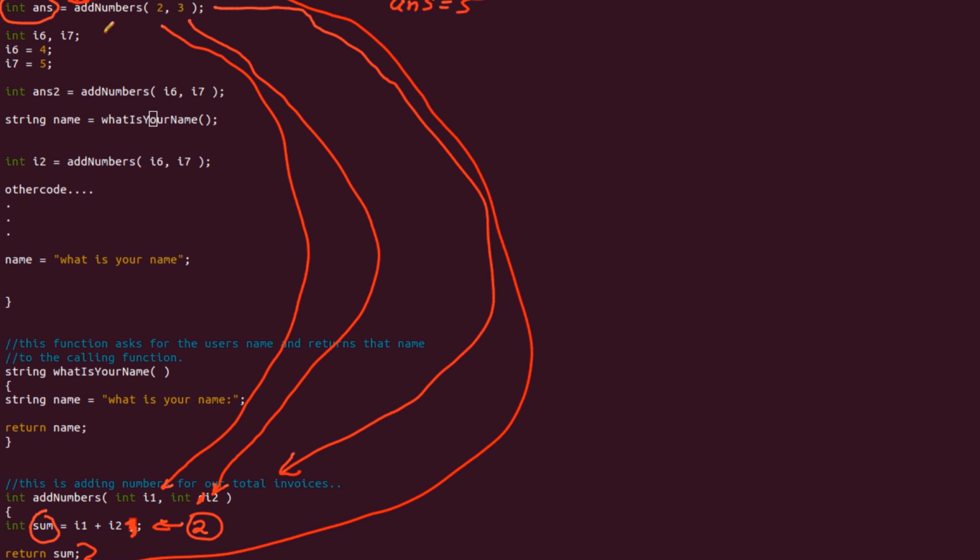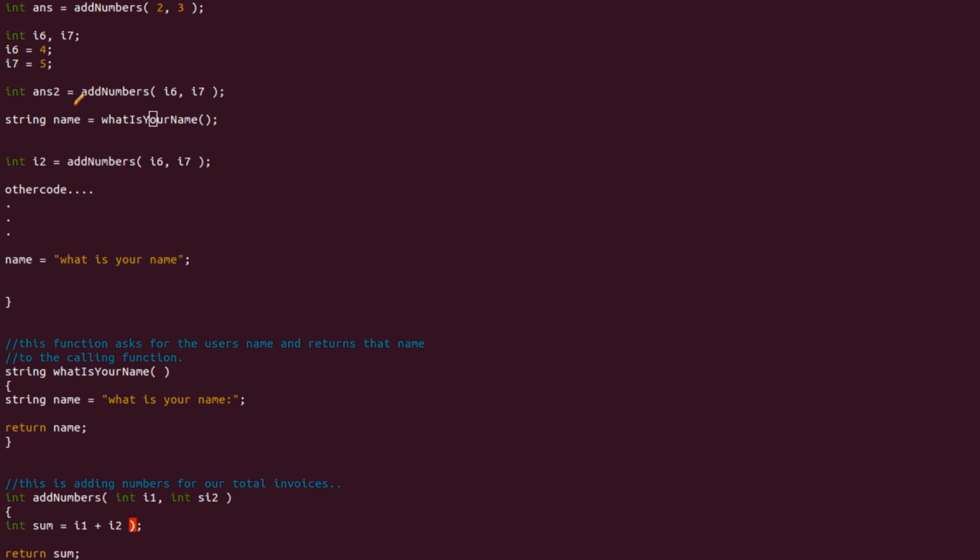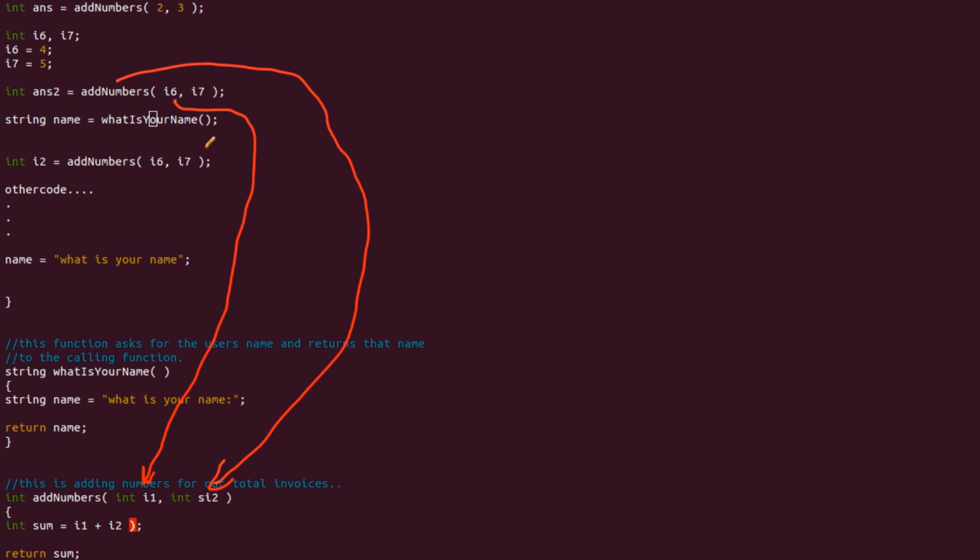The next thing it does is declare 2 variables. It sets them equal to 4 and 5, and then this function gets executed. So I'm going to clear this off, and this function gets executed. Again, add numbers, comes down here and calls this function. It sets whatever I6 is equal to this variable, and it sets I7 equal to this variable,